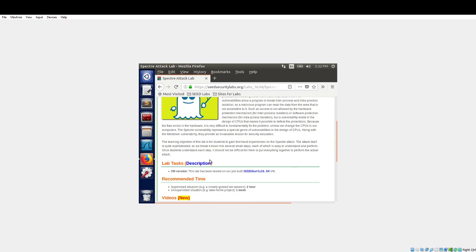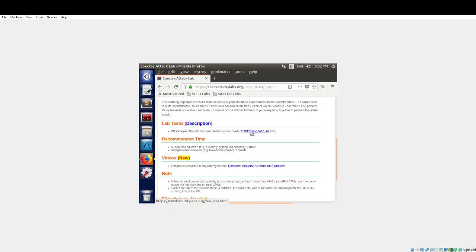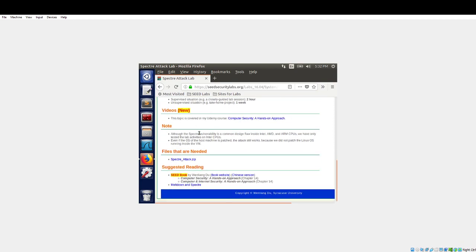Once you have seedlabs up, you can see the description. There's where you would download the VM. There are some hands-on approach videos. They weren't very useful to this topic, as you do have to purchase a Udemy course to be able to watch them. So if you don't want to spend your money, I wouldn't recommend that. And then all the files that you need are right here in the zip folder.